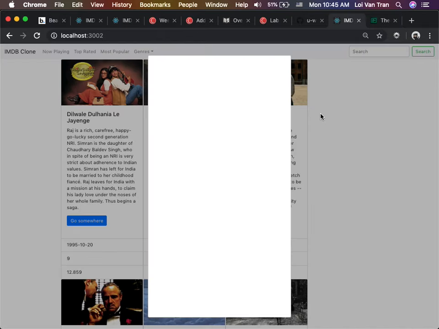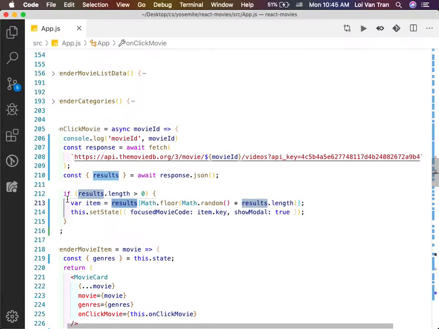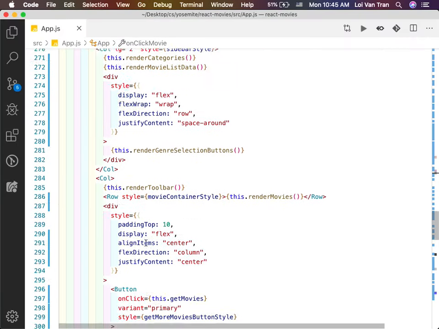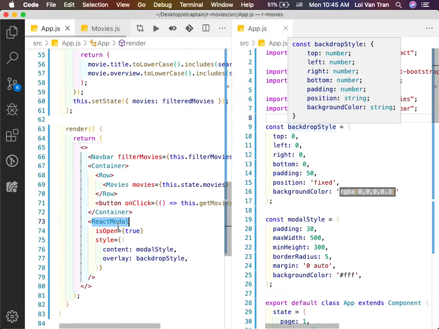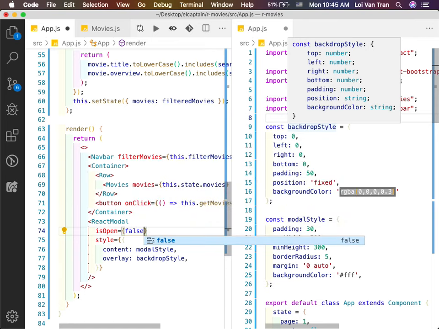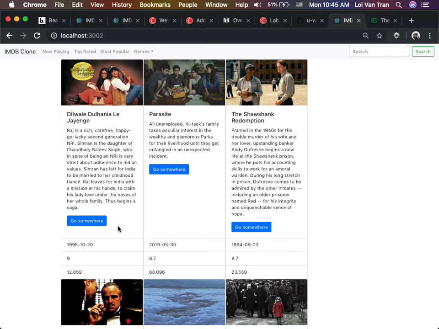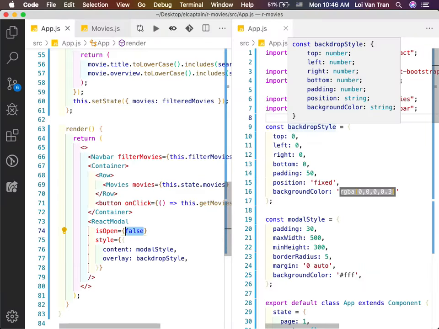All right, so what do we have so far? We have an application that when it loads, there is a modal, okay? We hard-coded the value of how it opens, right? We hard-coded it right here. We're looking at the wrong code. On line 74, obviously we change this to false. So now the question becomes, how can we get this modal to open inside of our app? We need to change this value dynamically.